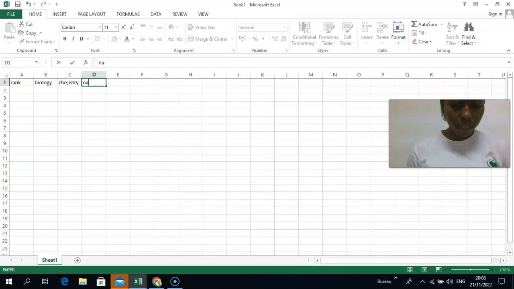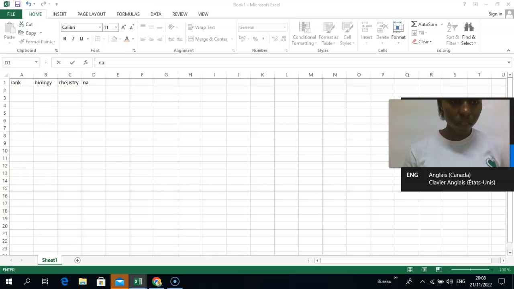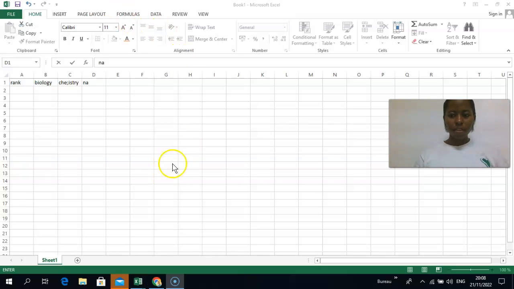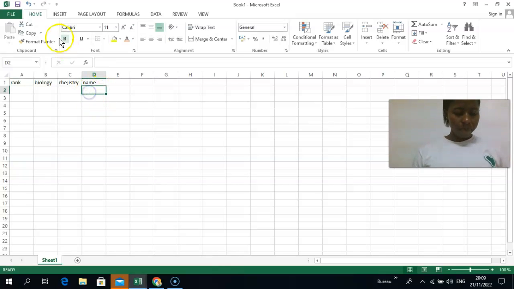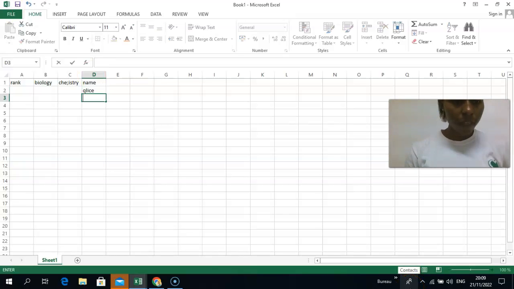As I said, I have a French keyboard, and it's really disturbing for me to fill my information. Okay, I had a little problem, and now it's okay. So, name, just enter a little bit of data, and yeah, so that's how we enter data